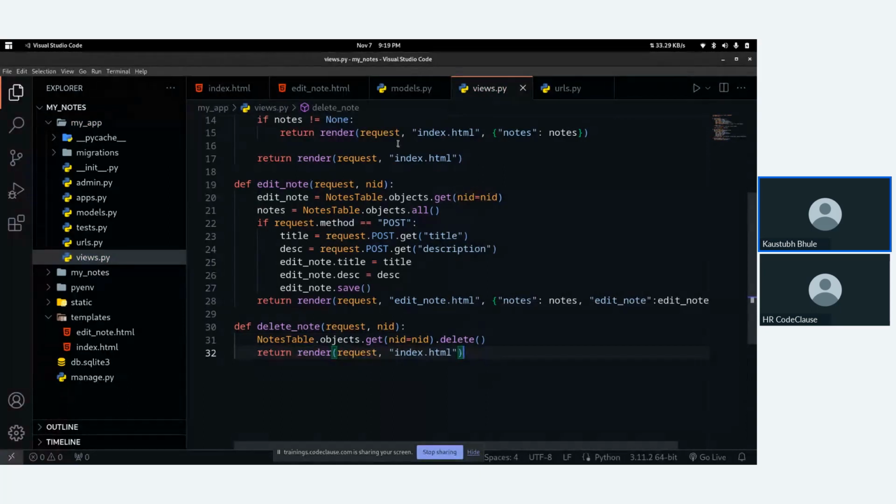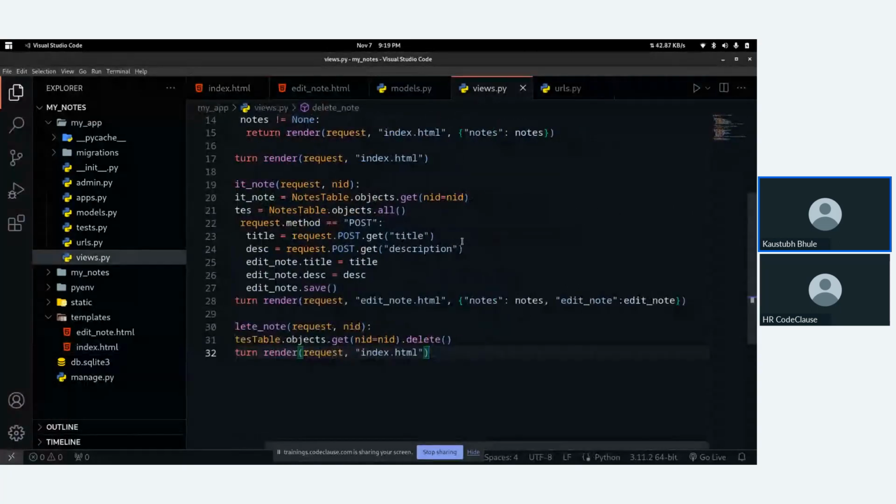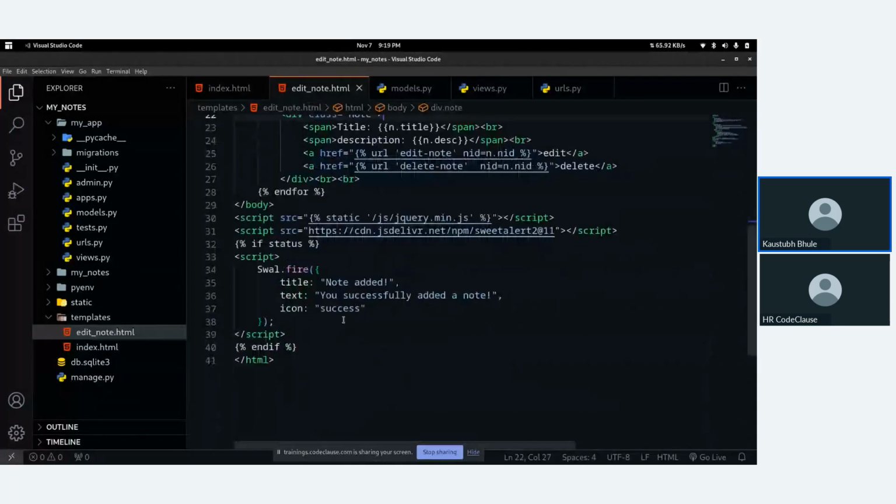And if you're wondering why our alert did not get popped up, it is because we did not pass any kind of status to that HTML file. That's why. So let's update this. So instead of note added, I will say note updated, something like that. You have successfully updated a note, and success.